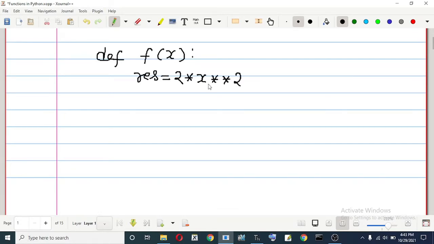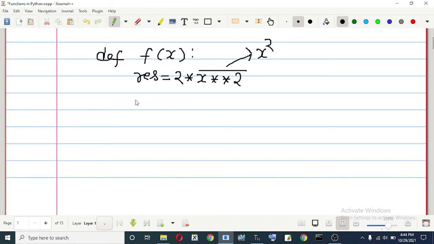I'm going to write def f(x): colon, and here I am writing res = 2 * x ** 2. Here star star is used for power, so x ** 2 means x square, and 2 into x square is the whole meaning.